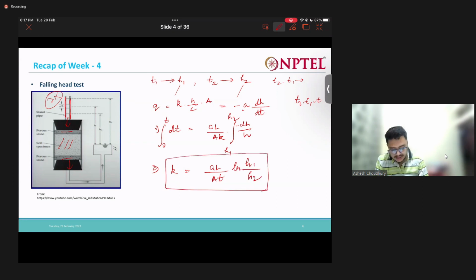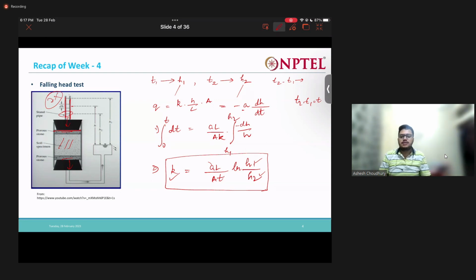So in time t, my head reduces from h1 to h2. Here a is the area of cross section of this pipe. A is the area of cross section of the soil. t is my time in which my head reduces from h1 to h2. You know h1, you know h2. From here you can measure h1 and h2. So you can find out the k. Now the question comes,